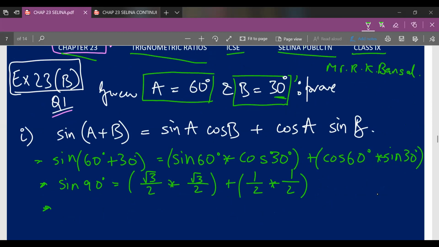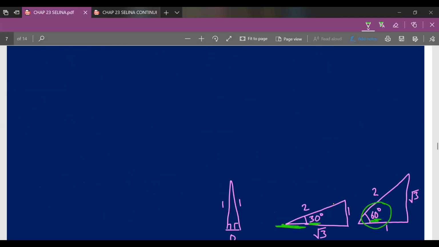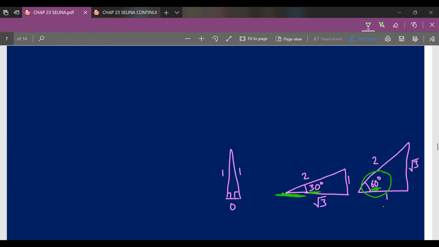So sin 90 degree, for 90 degree also there is a magic triangle. So all about magic triangles, as I've said before, they are present in the link below, so you could see it thoroughly and then come to this video. So for 90 degree there is a magic triangle mentioned here. So this is a hypothetically weird triangle, or speaking in English, it's an alienish figure. All about this alienish figure again I've mentioned in that magic triangles video, so refer to that video.